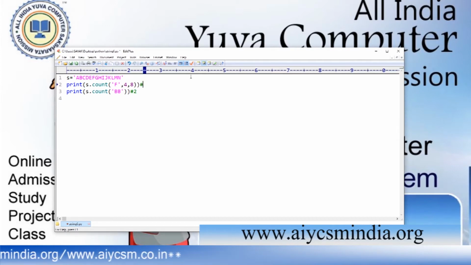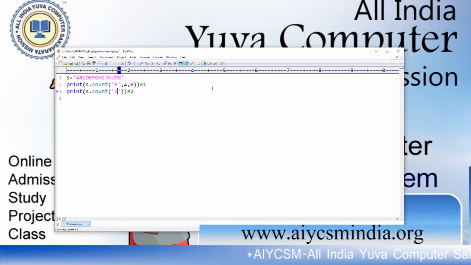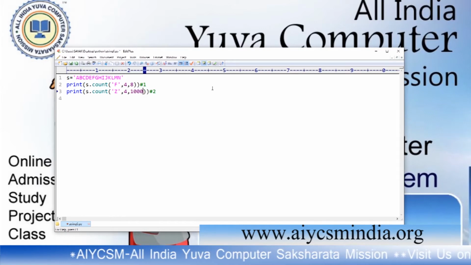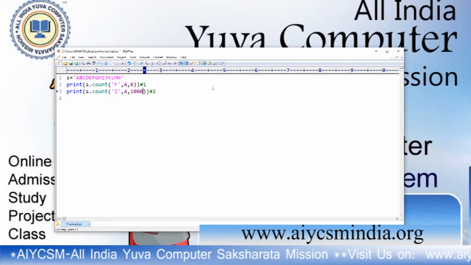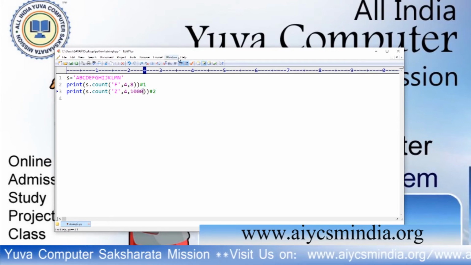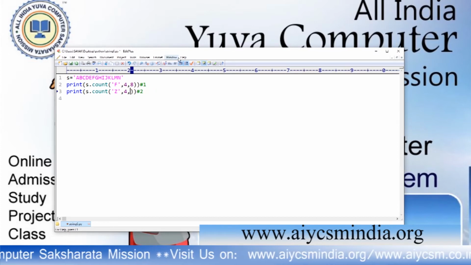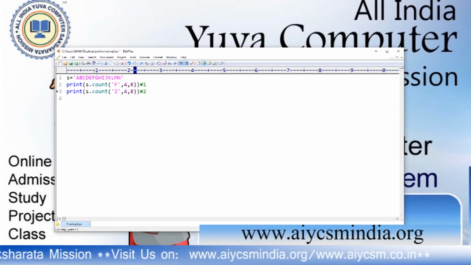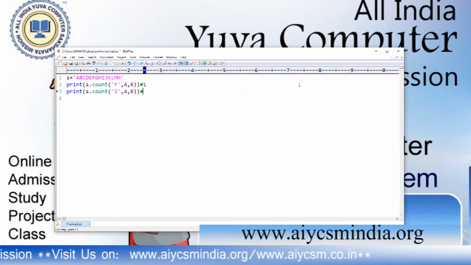It's available 1. And if I want to search Z, 4 to 8, within this 4 to 8 there is no Z, so it returns 0.